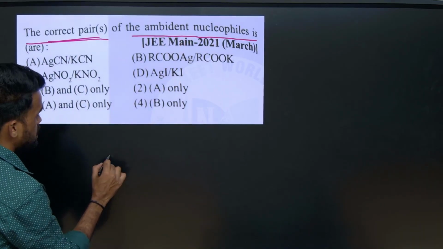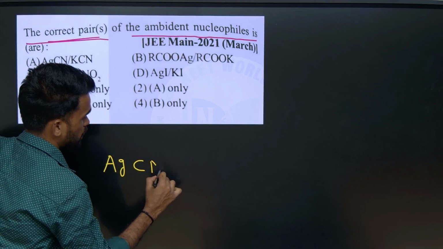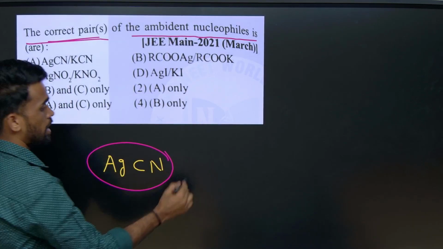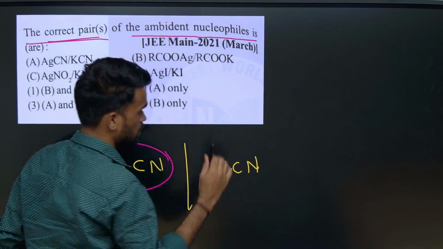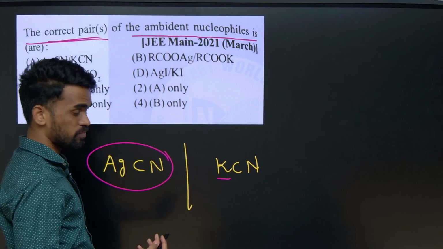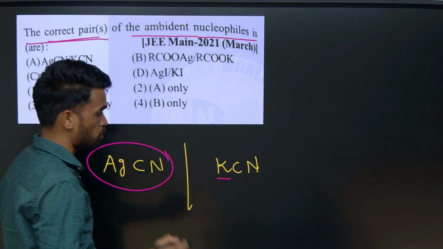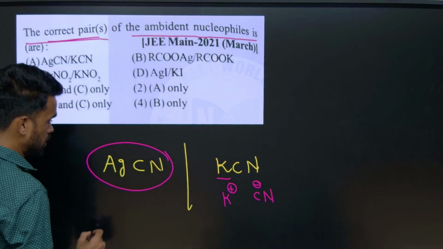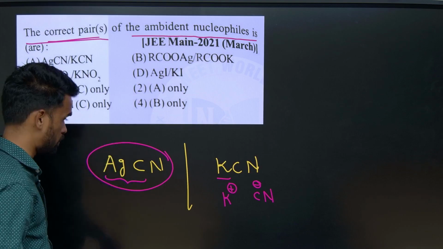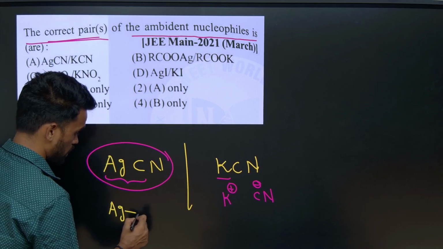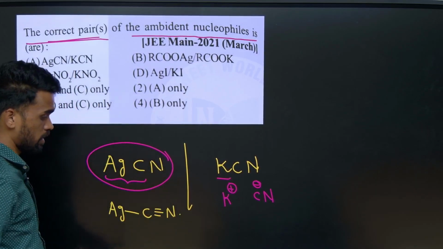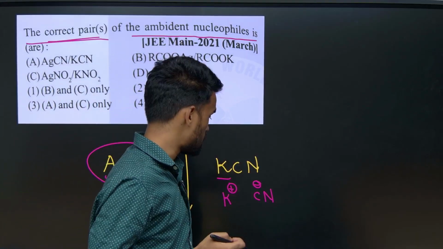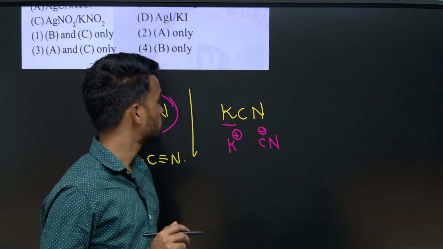Let us say here AgCN is there. First of all you need to know whether it is a covalent bond or an ionic bond, or what kind of compound it is. And one more we have KCN here. We know K, potassium, is a first group element, and it will form ionic compounds, so it will be like K+ CN-. And AgCN, which is from the d block elements, will form a covalent bond like this. If you want to know more about this, you can watch my Fajans rules video in classification of elements, which will be uploaded.